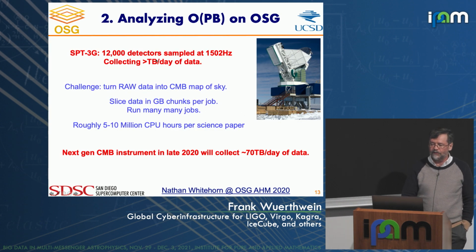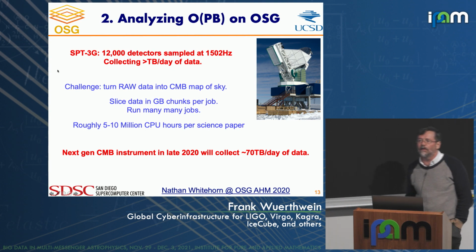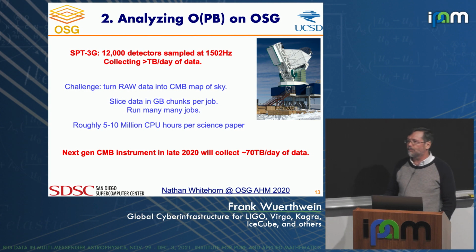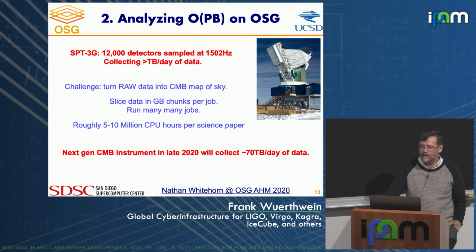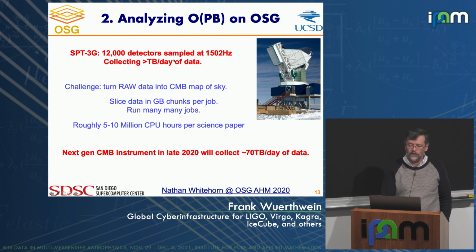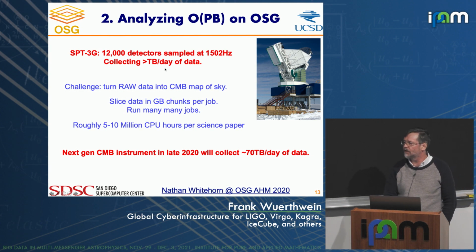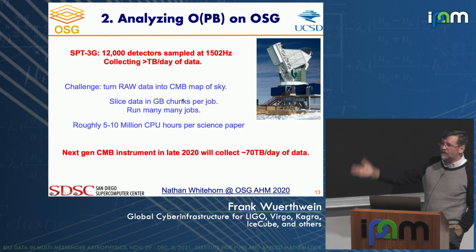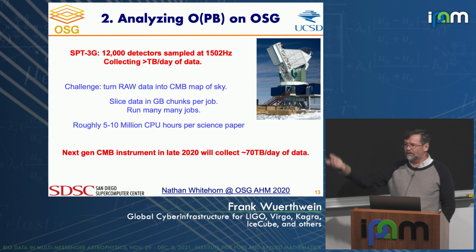Another example, of the second modality, is SPT-3G. It's a telescope at the South Pole. It does cosmic microwave background polarization measurements, and the latest incarnation of it has 12,000 detectors, or 12,000 channels, if you wish, that are sampled at 1500 hertz, collecting therefore about a terabyte a day of data, give or take. And all of that raw data then needs to be turned into maps of the sky, of the CMB, correlations, and ultimately